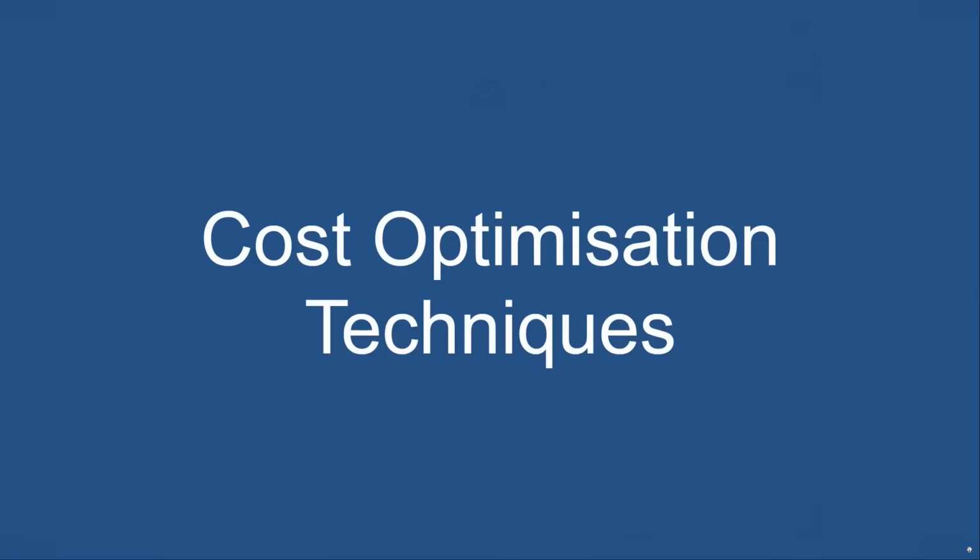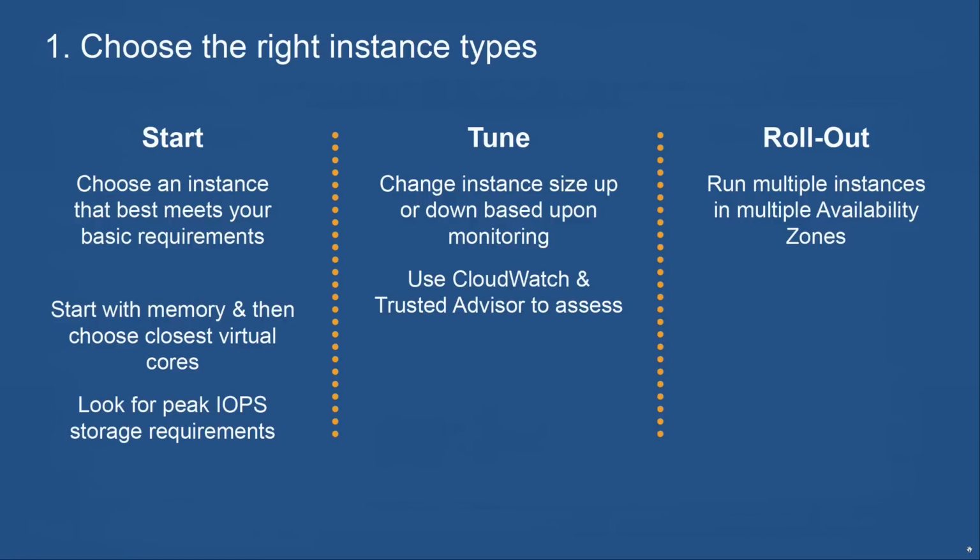So now going to move on to what you might consider the main section of the webinar today, where we're going to get a little bit more technical and talk about cost optimization techniques that you can use to minimize how much you spend on services from Amazon Web Services. And I think there's 10 or so different topics that we're going to talk about here. So we'll go through these 10 topics in a little bit of detail. Of course, if you've got questions about these as we go through them, please type those into the Q&A panel that you can see in the webinar interface, and we'll come back to your questions at the end of the session today.